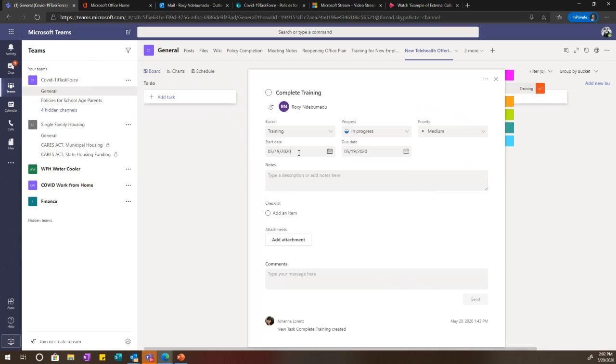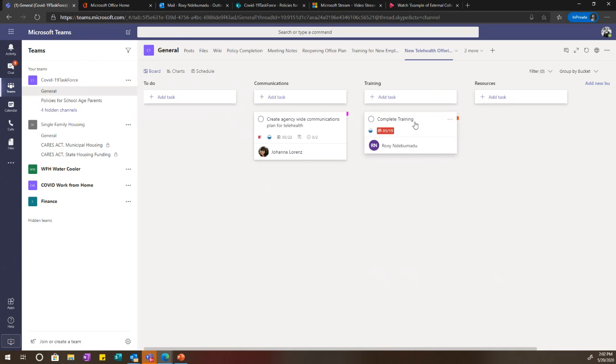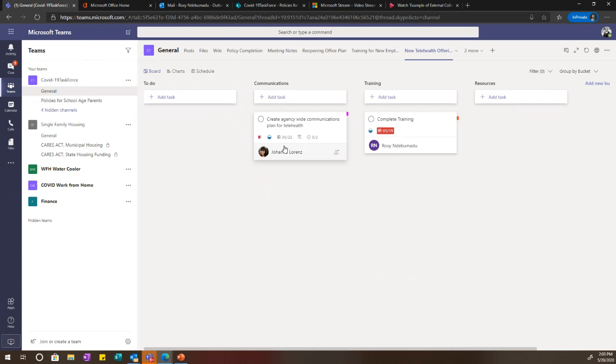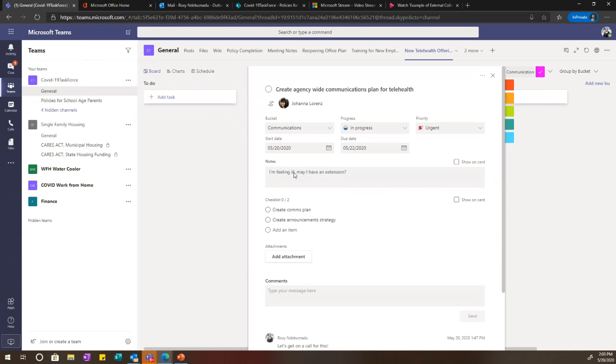Let's say I started this on the 18th. It's actively monitoring based off of what you're inputting as the data. So here we put in that Johanna has a task, Johanna started the task on the 20th, and the task is due on the 22nd. If it gets to the 22nd and Johanna doesn't go in and mark this completed, it will track it as